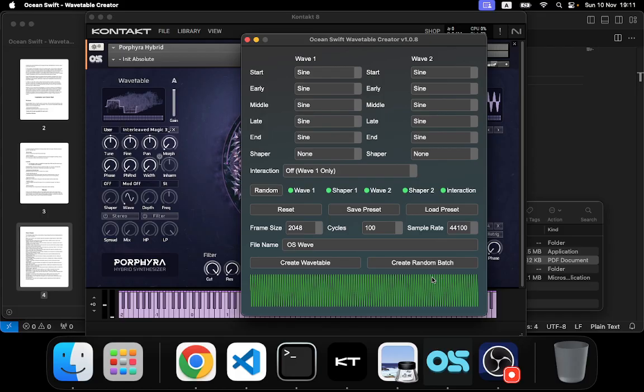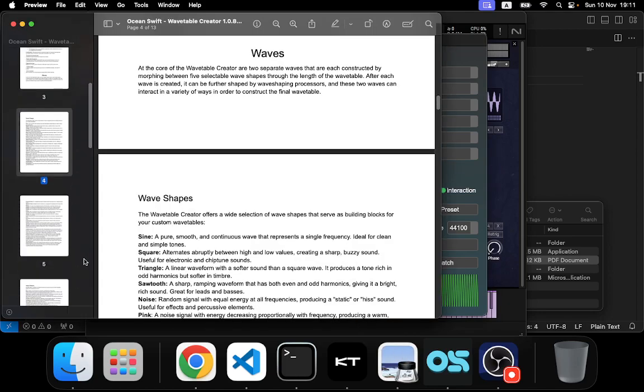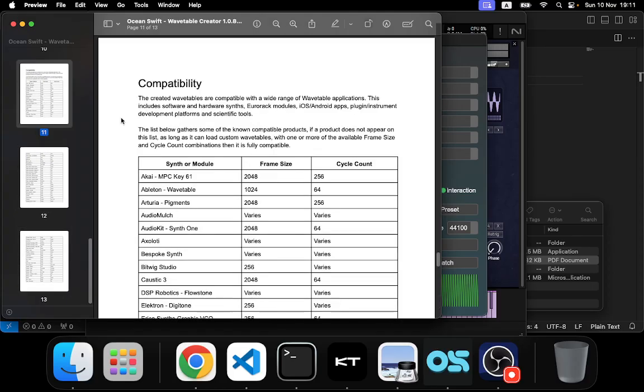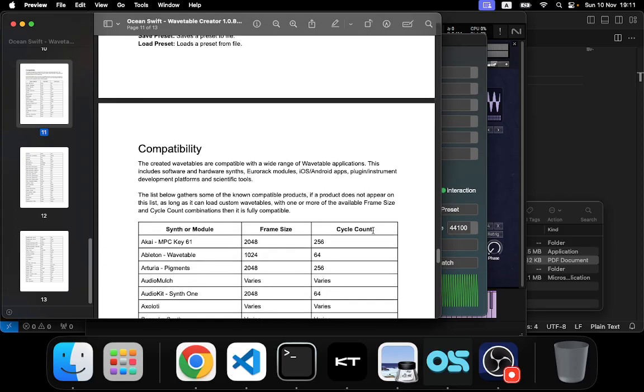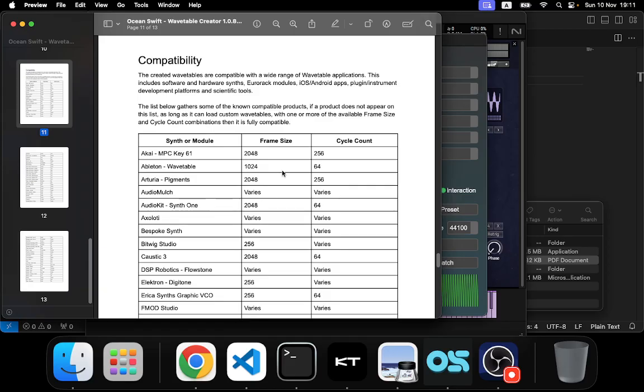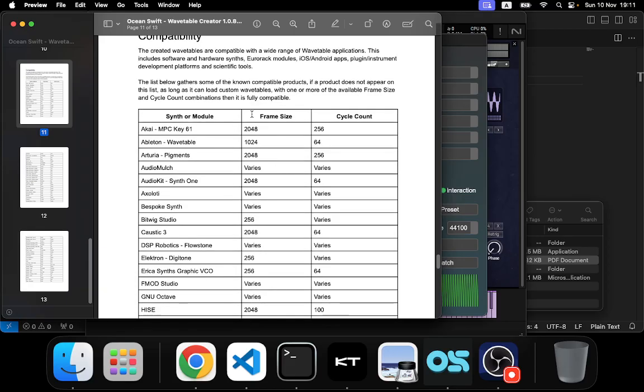The big catch here, I said this is a little bit different than other wavetable applications. So the number one feature, and I want to actually start with this feature because it's so important. If you look at wavetable synthesizers, I have here the manual for this Wavetable Creator open. If you scroll all the way to the bottom and look at our compatibility entry in the manual, we discuss that the wavetables we generate with this application are compatible with a wide range of applications, pretty much every single application. But that isn't always true for wavetables you create or find elsewhere, or that are compatible with other synths. As you can see, various,